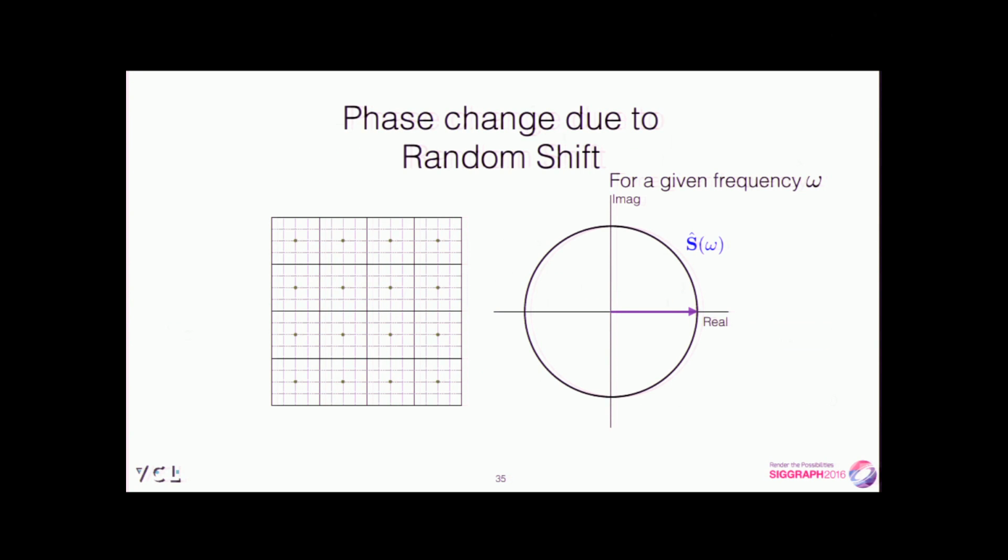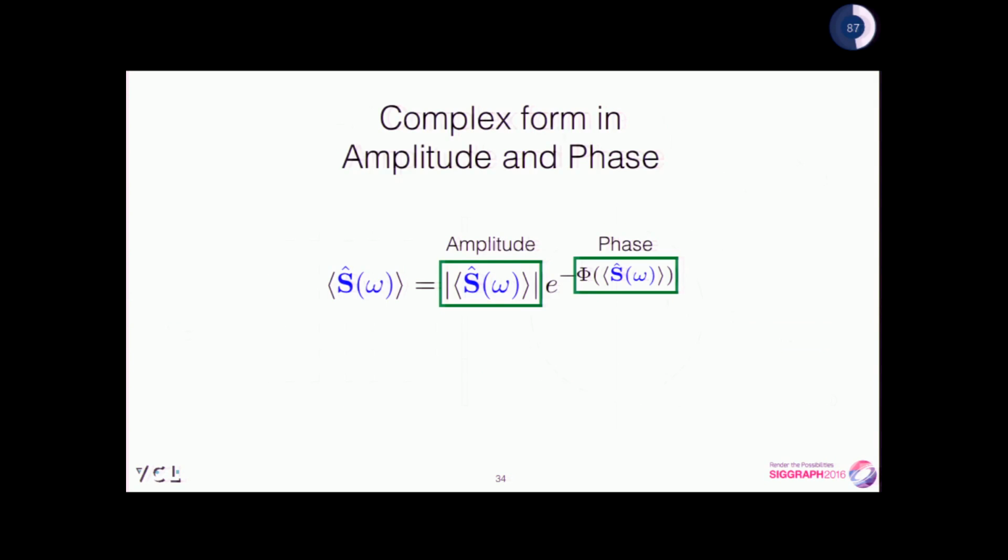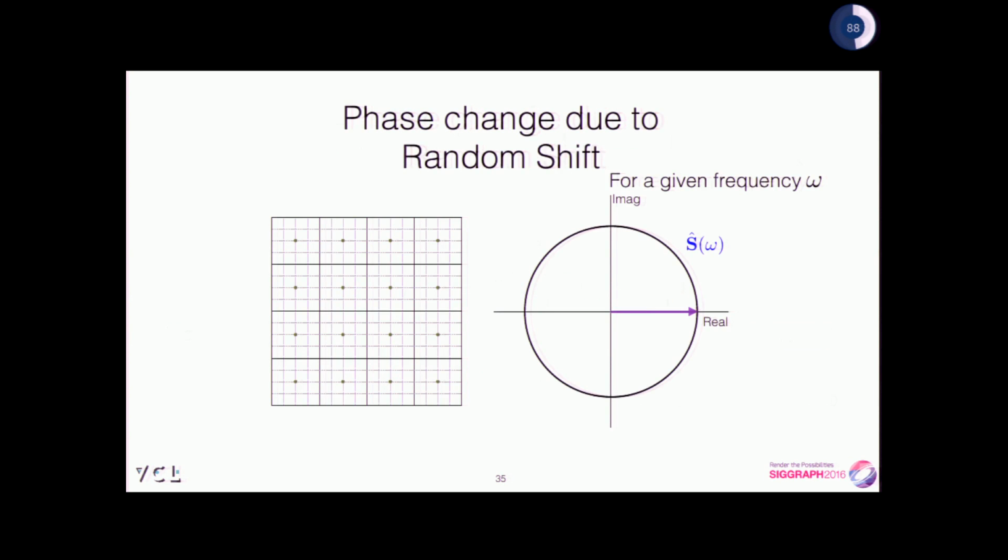Now let's look at a regular grid. Okay, take a particular frequency, omega. Okay, we take one particular value of omega, take each of these samples. Okay, you will have some phase, and people have looked at a lot of different things. Okay, now if I take a regular grid,